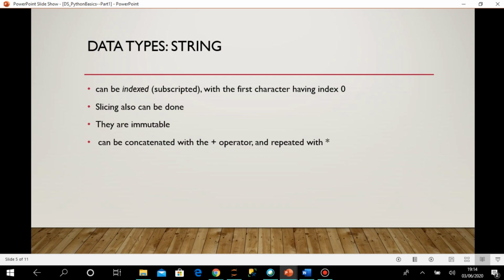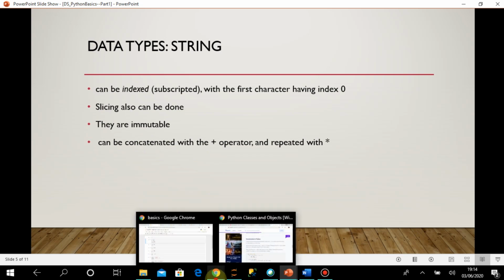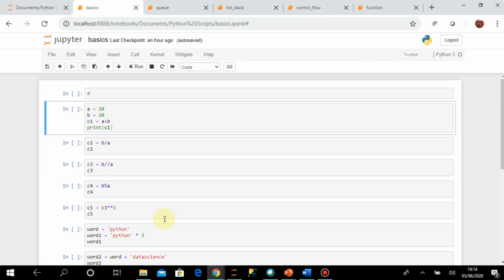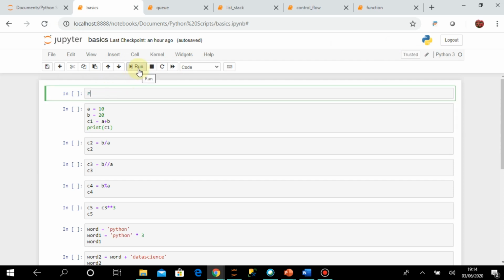What does that mean? I will go to Jupyter Notebook directly and show you some examples so that it will be clear. Fine, let us start. So this is the Jupyter Notebook. I have opened Jupyter Notebook and this is a new Python 3 file. This is the run button. As you move on, you will be more familiar with Jupyter Notebook, but first you have to install it, and you can install it on both Windows and Linux operating systems.